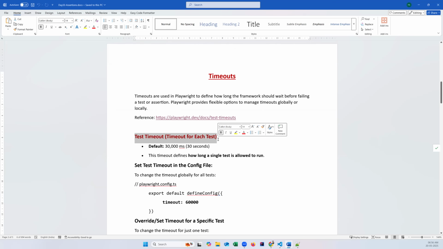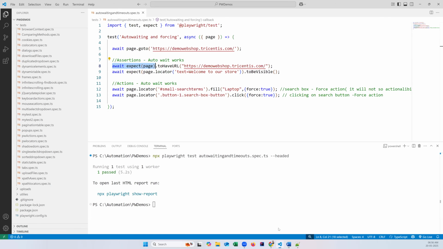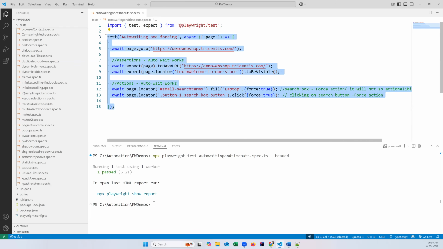To set the timeout for a test, the default is 30,000 milliseconds, which means 30 seconds is the maximum default timeout. So what does the timeout define? Timeout defines how long a single test is allowed to run, how much time it should take to run the entire test. That is all about timeout. To set the timeout for the entire test, either we can write inside the test,